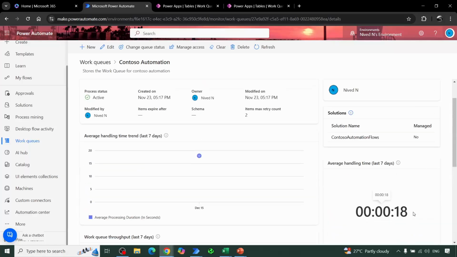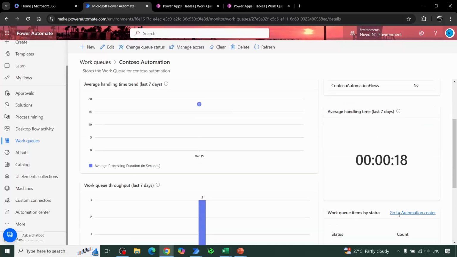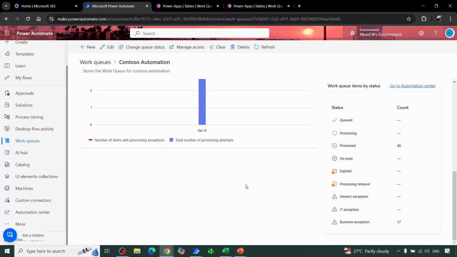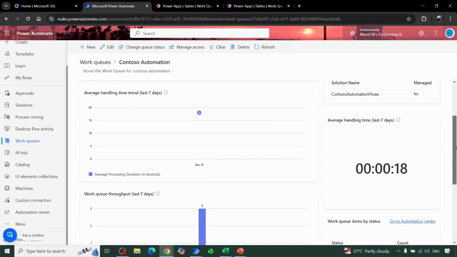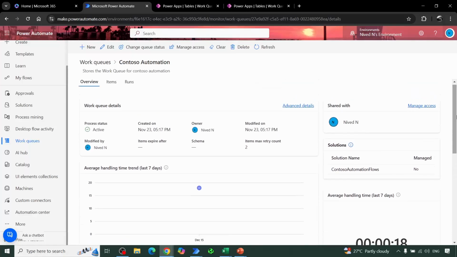And what is the average processing time of each queue item? It just calculates the average processing time of each queue item. We get an average value, like 18 seconds it is taking. So these kinds of graphs we can easily obtain from here, which gives a picture of how our work queue is performing. A good feature, I would say. And now